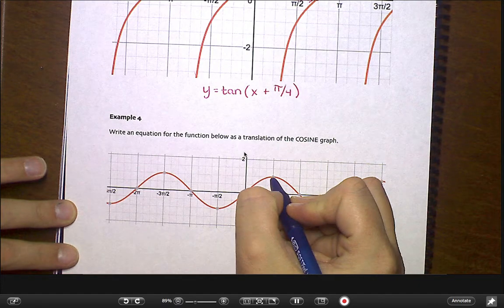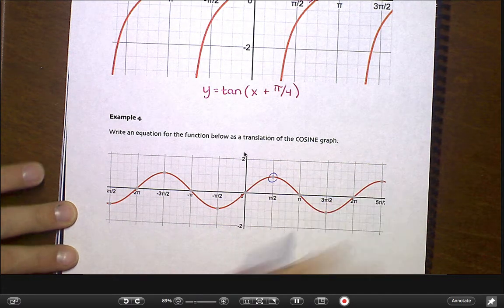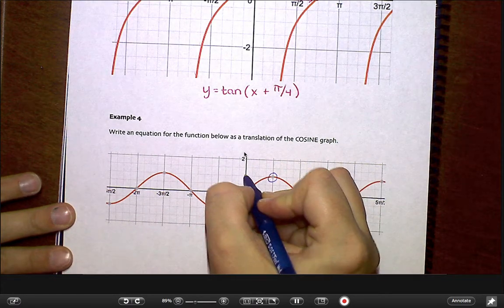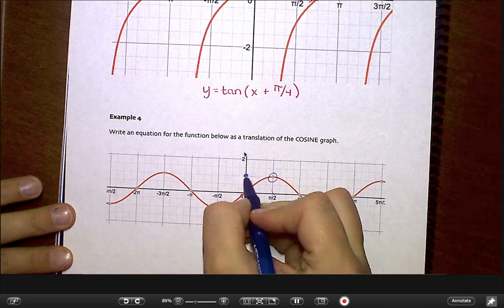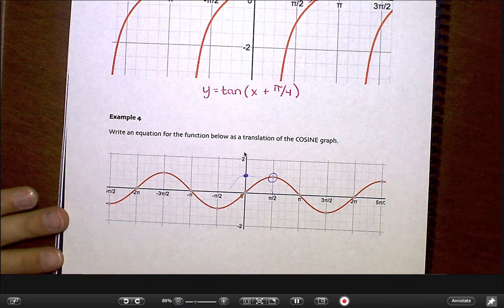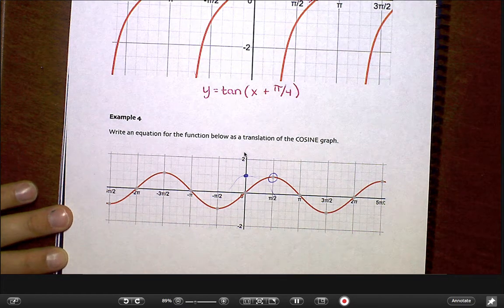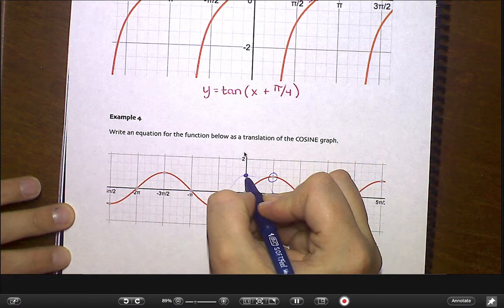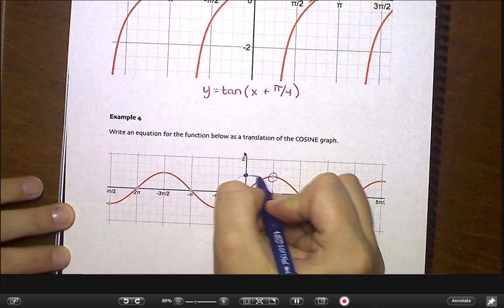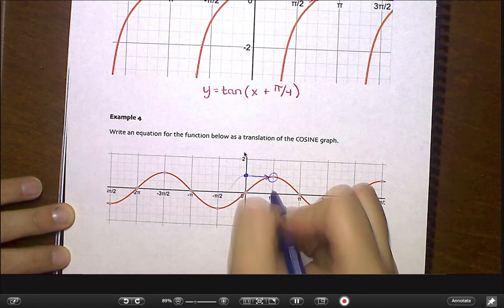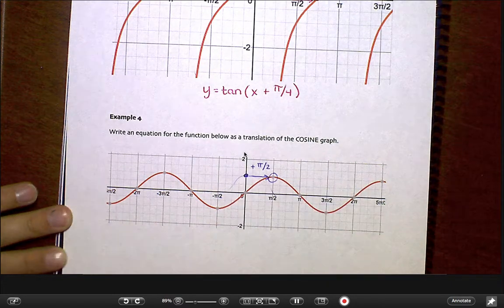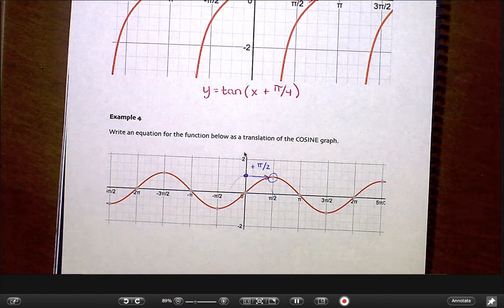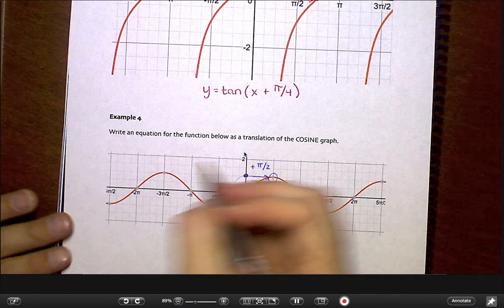If it were the cosine function, this bump right here would be right on the y-axis, right? This would be coming down like this and so on. I'm not going to draw the whole thing in. So I'm going to make the assertion that this point got shifted to the right by pi over 2. This thing got shifted to the right by pi over 2. So as a rule,